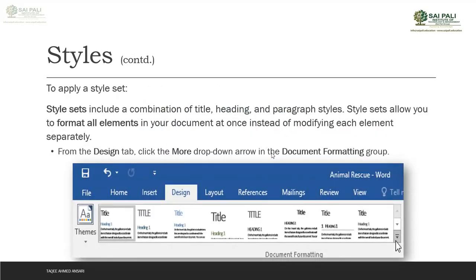Then we can also apply the set of styles. Set of styles are predefined styles. That means it includes a combination of title, headings and paragraph styles. We have added our document title, and we have added the subtitle or heading also. So we can use this style set option to configure all the headings and titles in our document